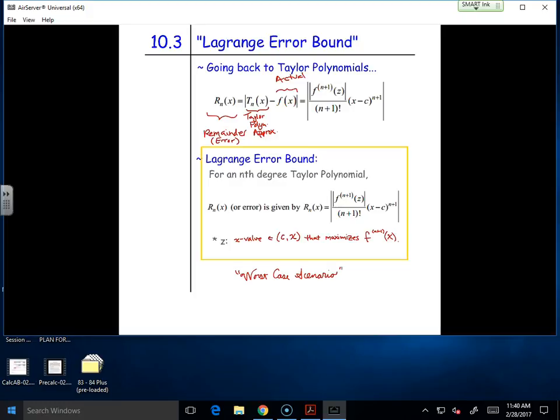Alright, kiddos, here's the long story short. I wish we had gotten farther and we didn't. We're going to continue on this tomorrow. The nice thing is we're not going to have questions hanging over our head from section 10.2. However, I do have a chapter 10 review kind of AP packet-ish sort of thing. It's actually copied off, but it's back at my desk, and for me to try to go get it right now, I'm not really feeling it. So, if you guys want it, because you're going to have extra time tonight, you might not